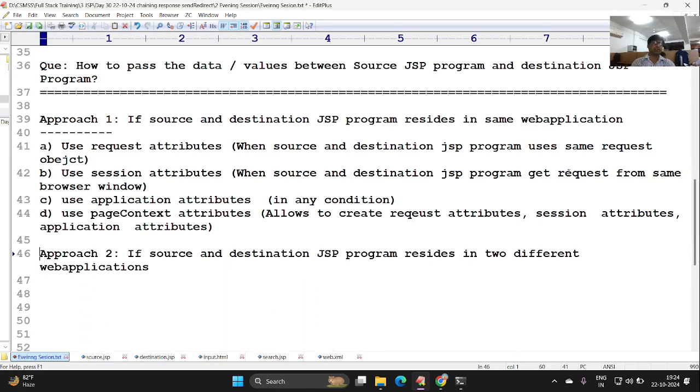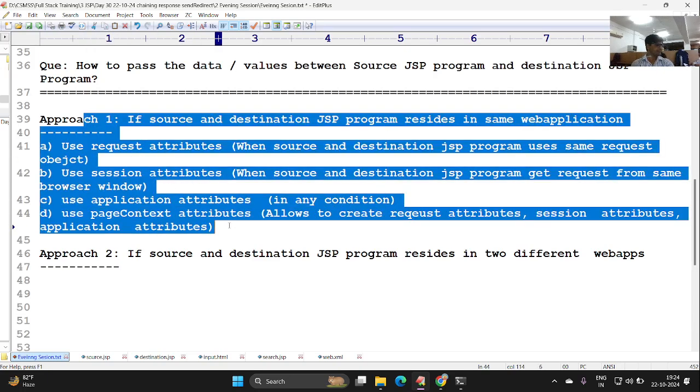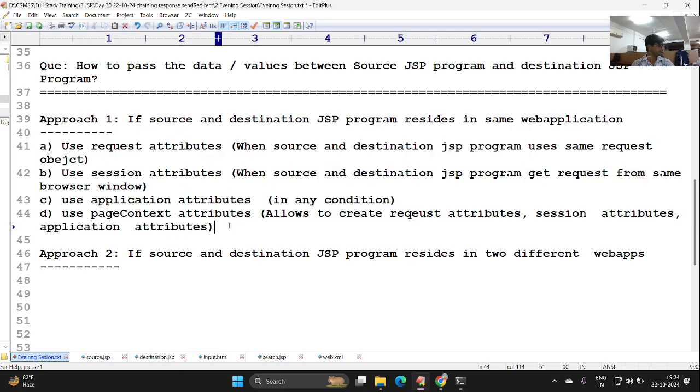Now next we shall see approach 2. Is this clear, guys? Okay. Next, what does it mean if source and destination JSP programs reside in two different web applications? So what is the first solution, guys? The solution is you can directly use